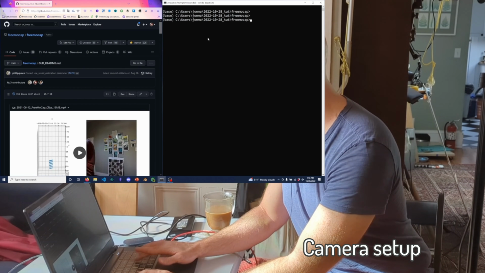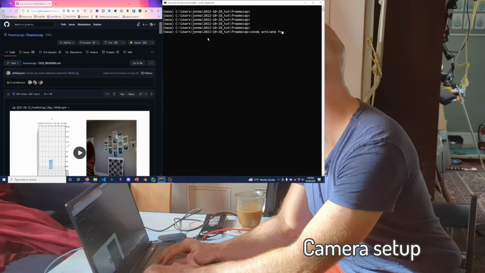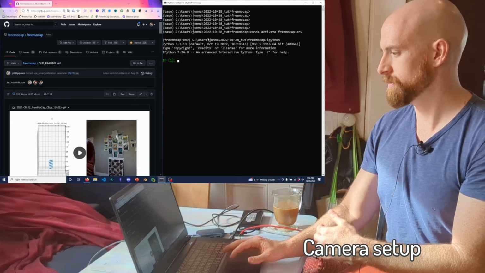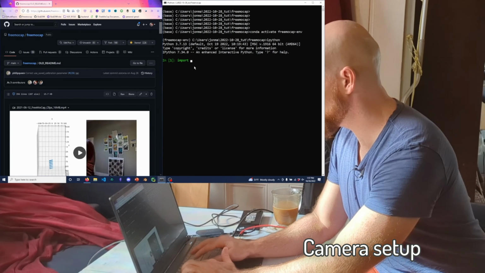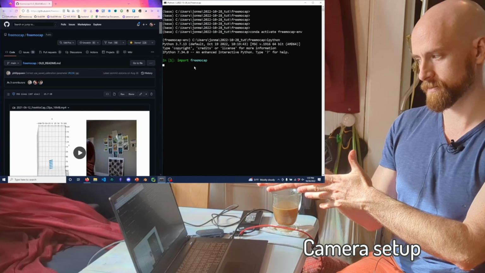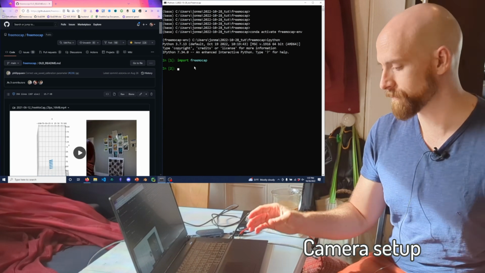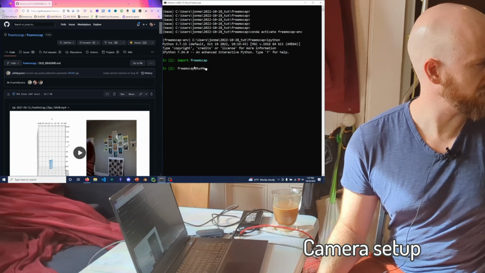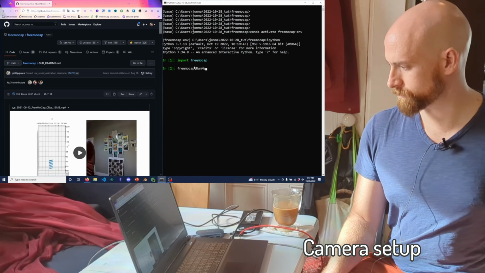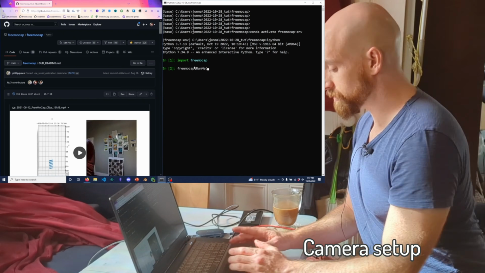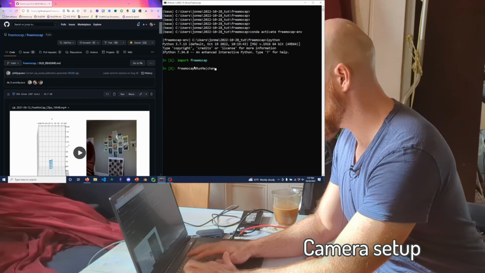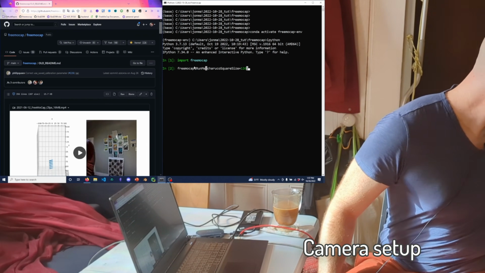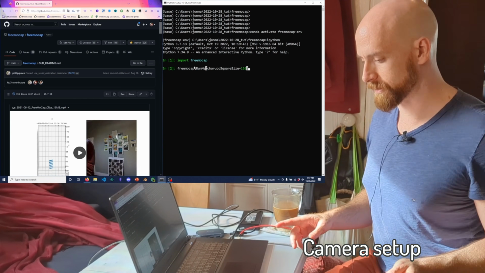But we're going to, let's see, conda activate freemocap-env. There we go. Start an IPython session. There you go. It's got the right version of Python. Import freemocap. There you go. And then freemocap.RunMe. I don't want any other parameters. I'm going to set the Charuco square size, and I'll explain that in a little bit. Charuco square size is 126, which is the length of one of the black squares in millimeters. We'll get to that in a second.